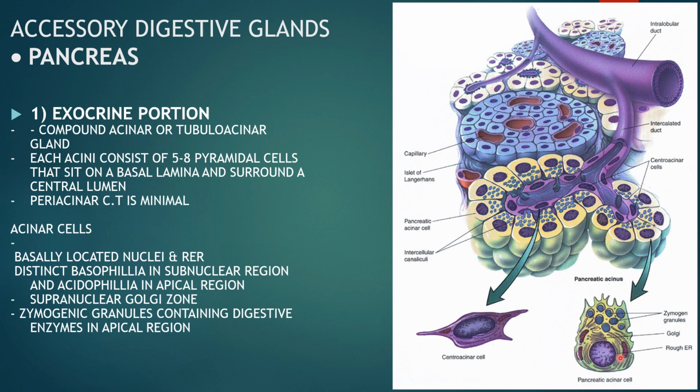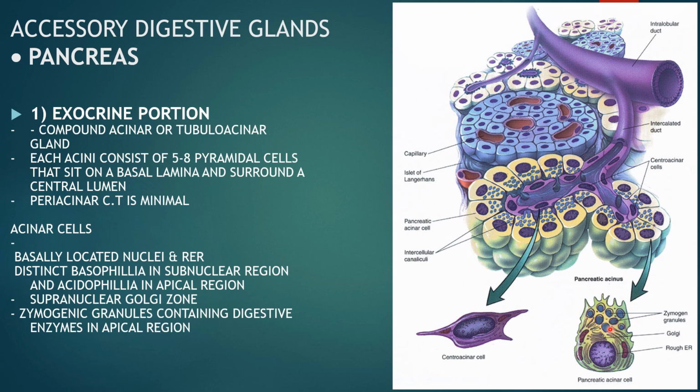In addition to this rough endoplasmic reticulum, there is a supranuclear Golgi apparatus which is well developed in these pancreatic acinar cells for the packaging of the material which is synthesized by this rough endoplasmic reticulum. In the apical part of the cell, you can see a large number of zymogen granules are present, and as the